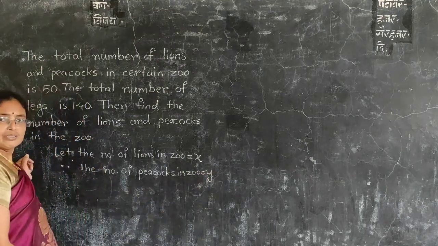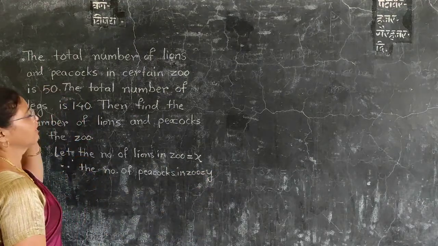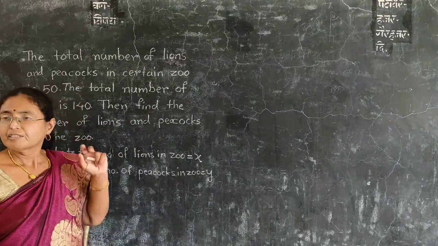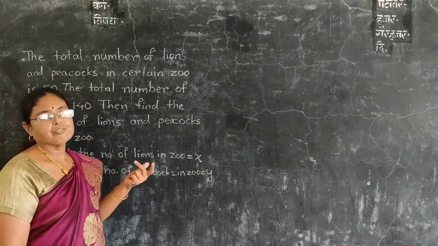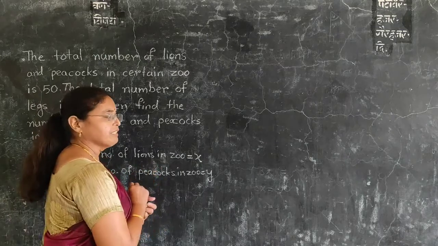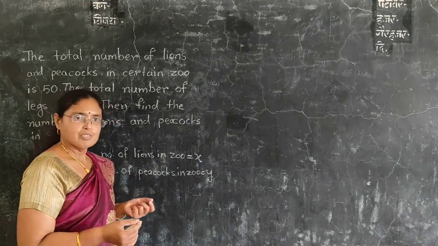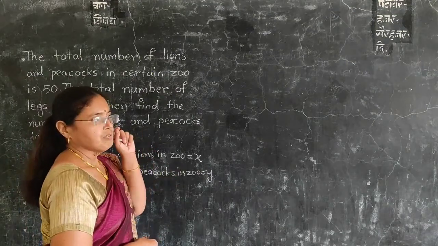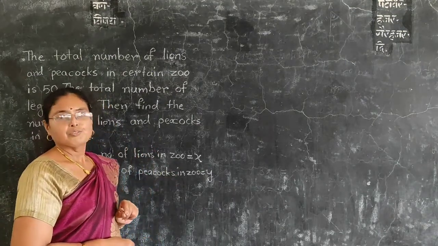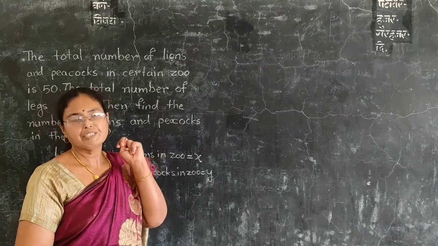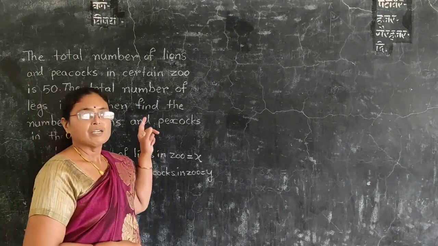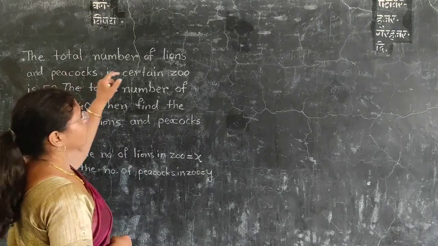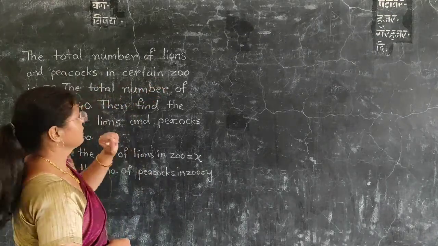Now, according to the given conditions in the example, we have to form two simultaneous equations, and then by any method, eliminating one variable or Cramer's rule, we can solve the two simultaneous equations. The important knack is to prepare the two simultaneous equations using the conditions given in the example. So let us try to form them.